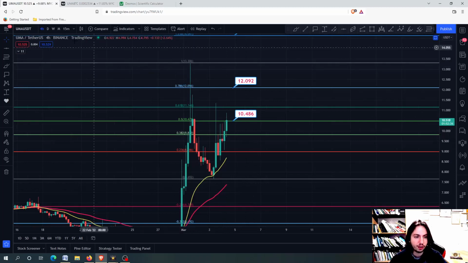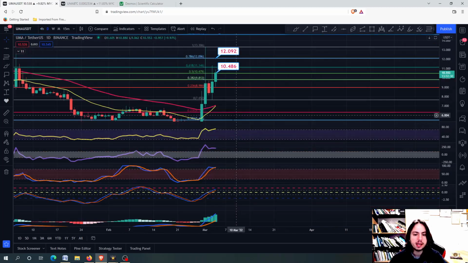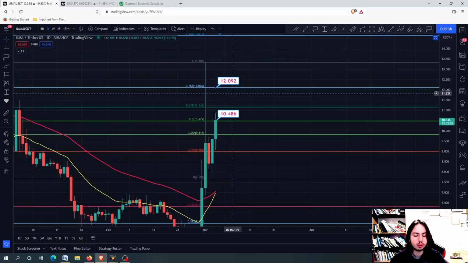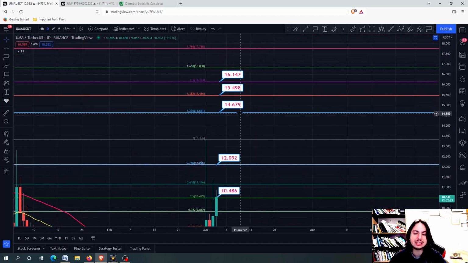Okay, we saw a very huge pump up before. Today we are having a pump up as well, but we have to see how we will react on the 4-hour frame. Is it possible to get into the next price targets? Yes, it is. However, pay attention to the 12 Tether USD,